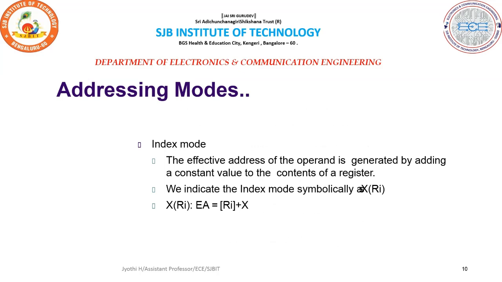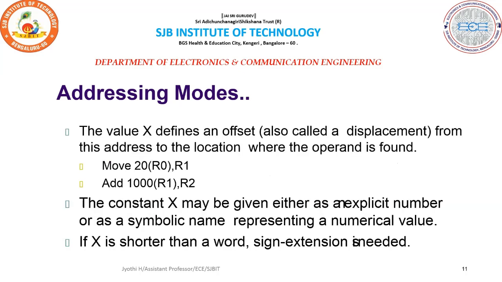The effective address of the operand is generated by adding a constant value to the content of the register. We indicate the index mode symbolically as X(Ri), that is, the effective address is equal to Ri plus X. The value of X defines an offset, also called the displacement, from this address to the location where the